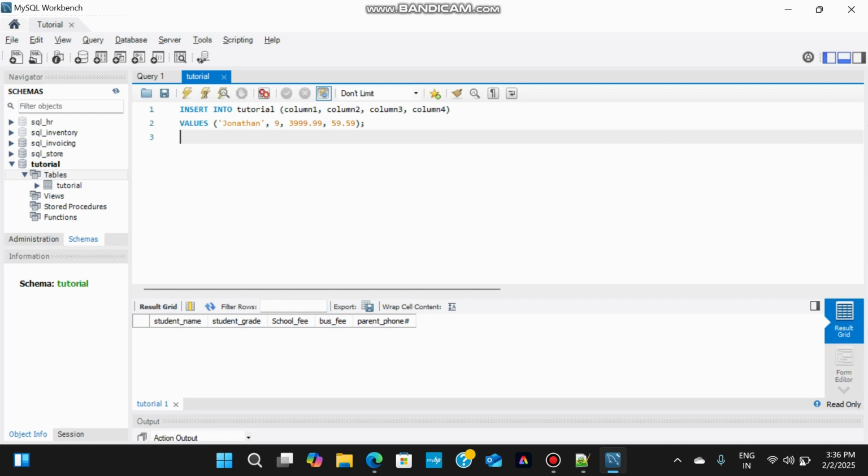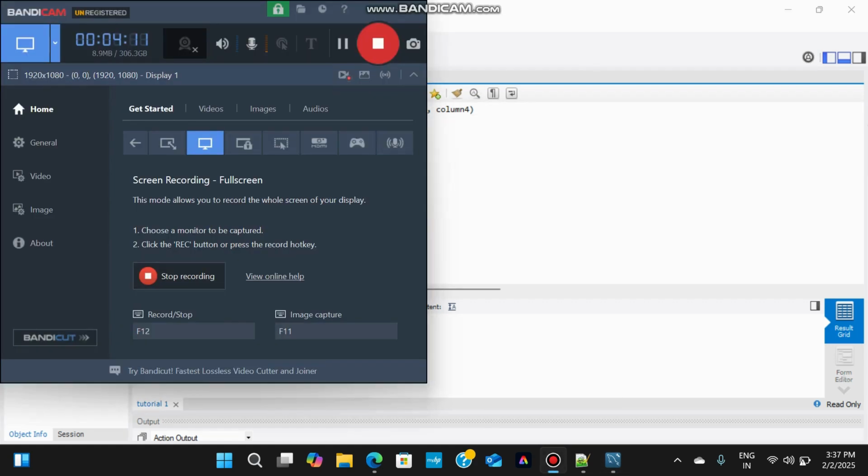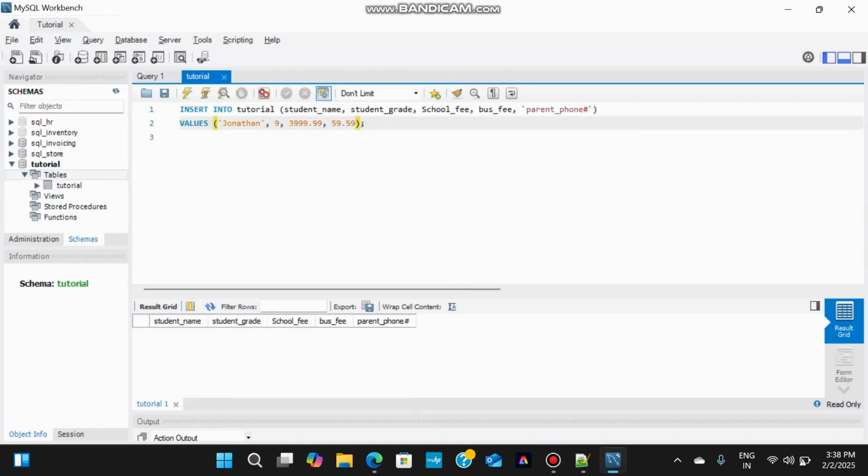So first one is called student name. Column 2 is student grade. So I'm just gonna quickly fill these details out. I'm gonna pause the recording. So I'm just gonna enter a dummy, like a fake phone number. Let's say